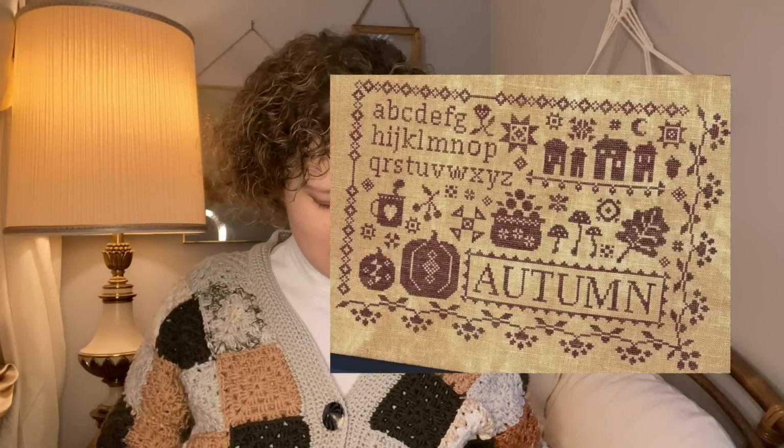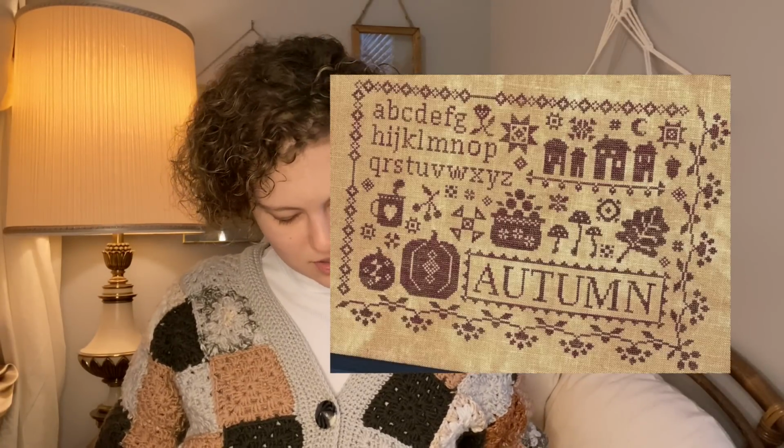Now we're getting into some fall themes. I started a bunch of things in September of 2023 apparently. This is by Blueberry Ridge Design, Sampler of the Season's Autumn. This is on 40 count Mayflower